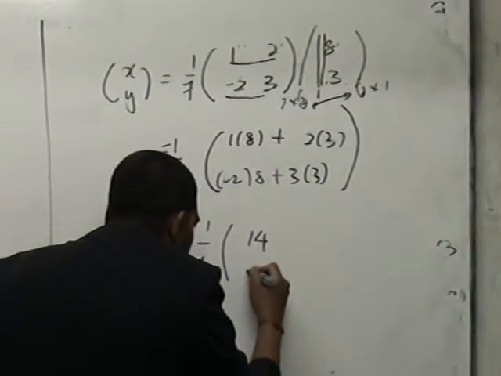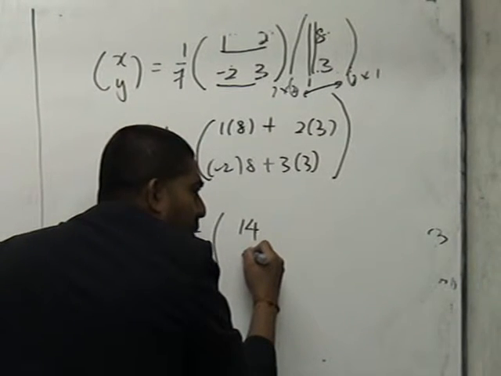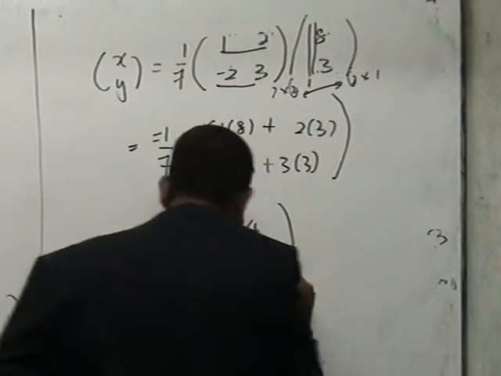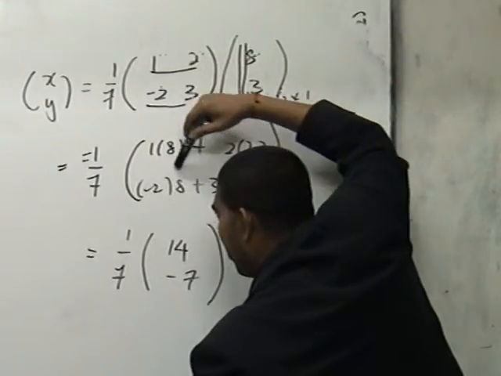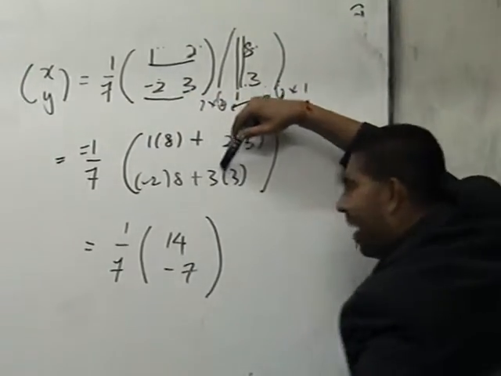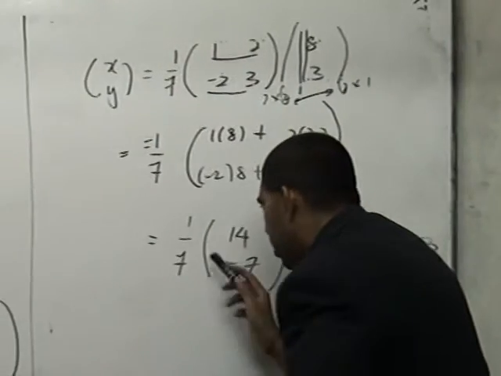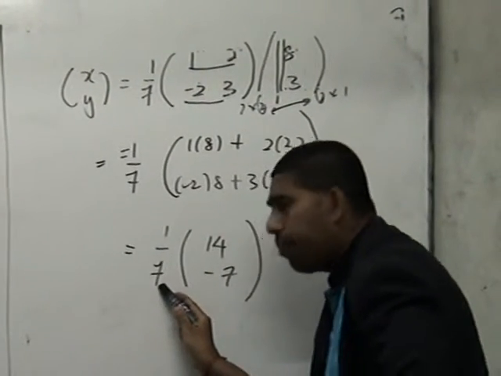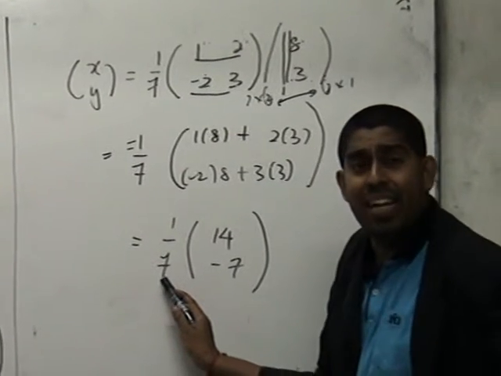Negative 7. Is it correct? Yes, negative 7 correct lah. Betul lah. Why? Because negative 16 plus with 9. So you get a negative answer, negative 7. Correct lah? Now what do I do, student? This in front here, we call it as the coefficient, or we call it as the